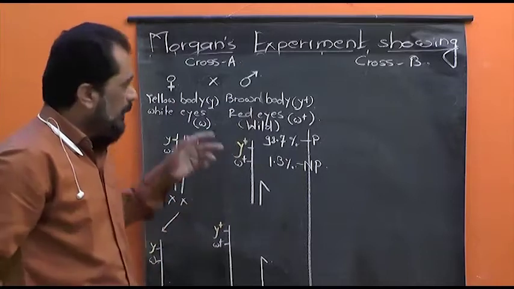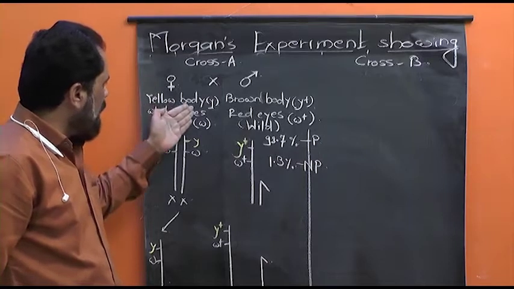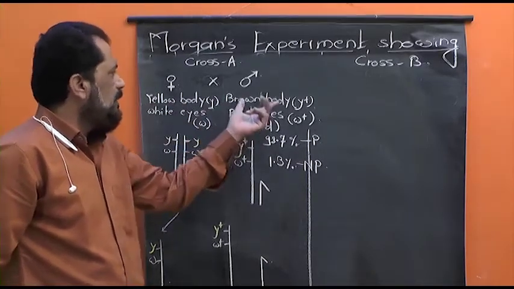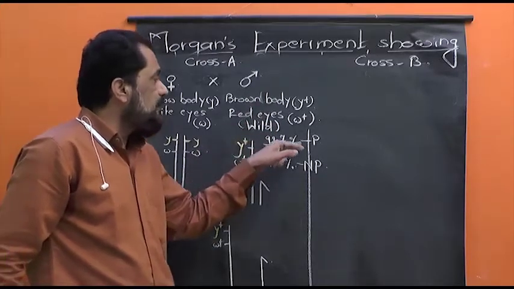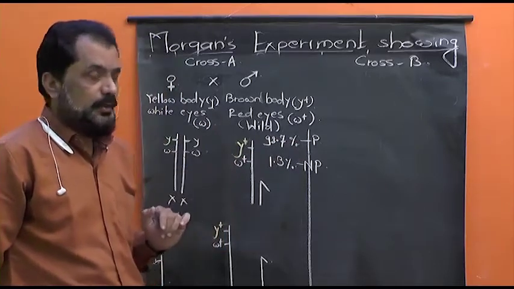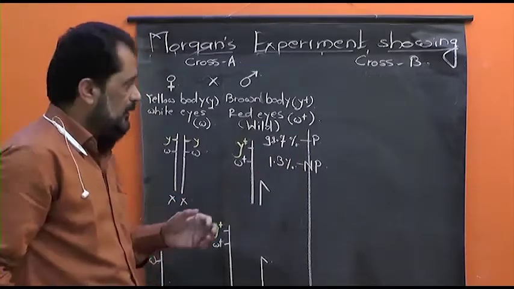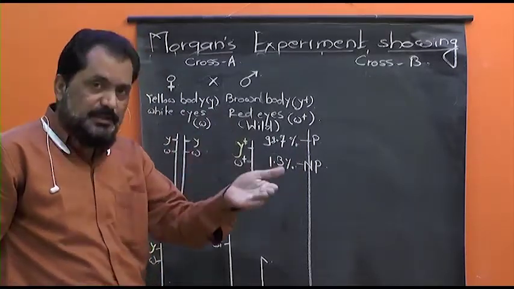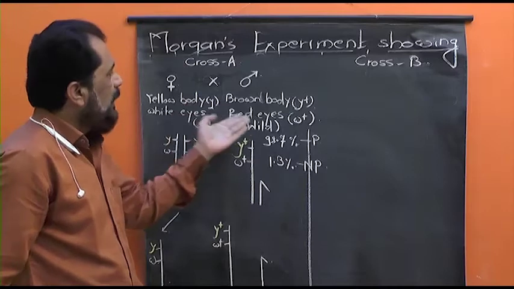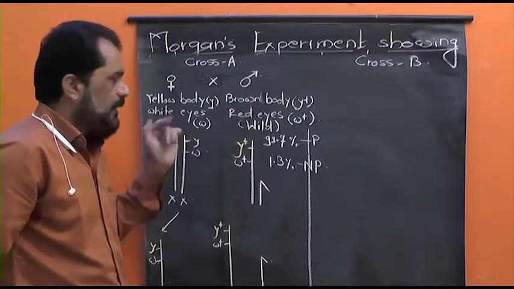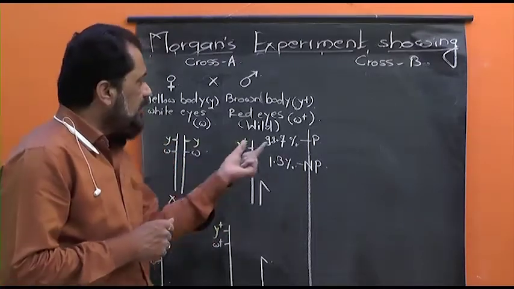ट्राय टू अंडरस्टँड. पॅरेंट्स मध्ये कॉम्बिनेशन ट्रेट्सचं कॉम्बिनेशन हे कसं आहे, एका पॅरेंट मध्ये येलो बॉडी आणि व्हाईट आईज आहे, दुसऱ्या पॅरेंट मध्ये ब्राउन बॉडी आणि रेड आईज आहे. हे कॉम्बिनेशन जवळपास 98.7% F2 इंडिव्हिज्युअल्स मध्ये आढळून आलं आणि फक्त 1.3% इंडिव्हिज्युअल्स मध्ये नॉन पॅरेंटल. नॉन पॅरेंटल म्हणजे पॅरेंट्सच्या व्यतिरिक्त दुसरं कॉम्बिनेशन दिसलं, सच ॲज द इंडिव्हिज्युअल विथ येलो बॉडी अँड रेड आईज, ब्राउन बॉडी अँड व्हाईट आईज. On the basis of this result, he explained that the parental